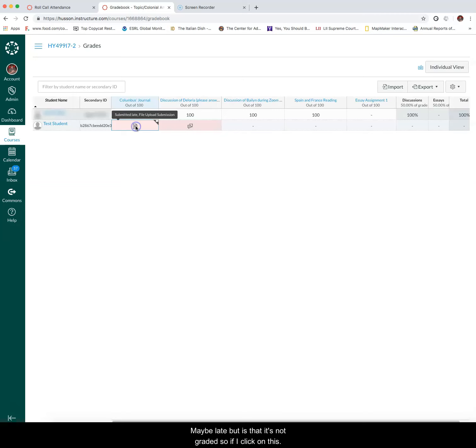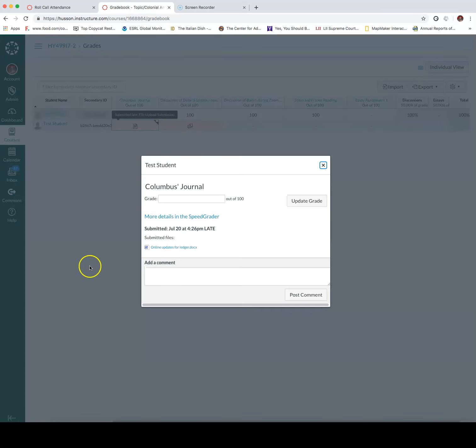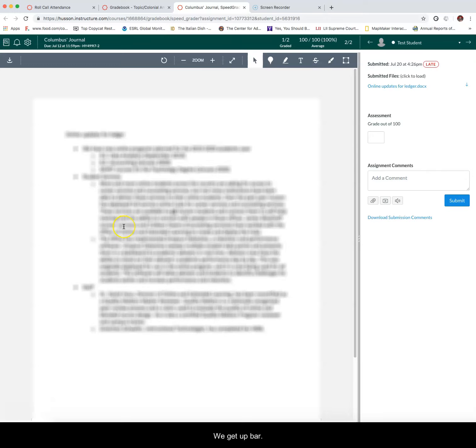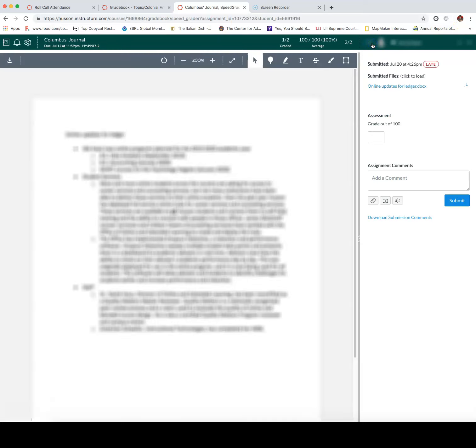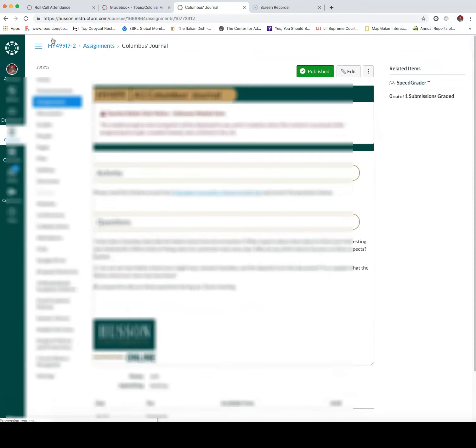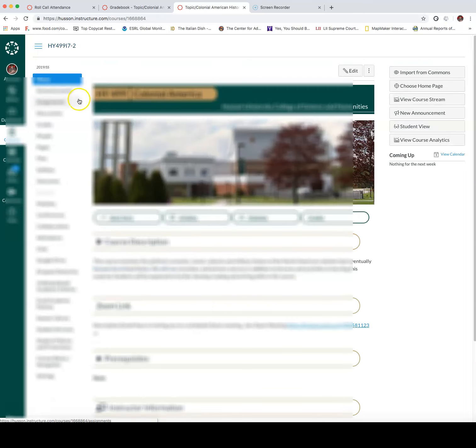So if I click on this, and then I look at more details in the SpeedGrader, what we get up are, and this was a sample I uploaded as a sample file. So, this is one way of looking and